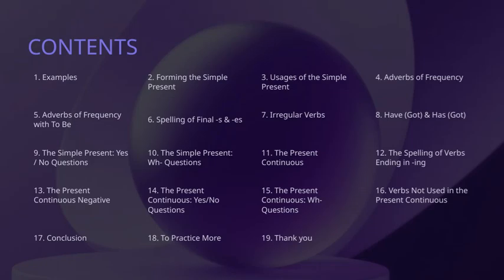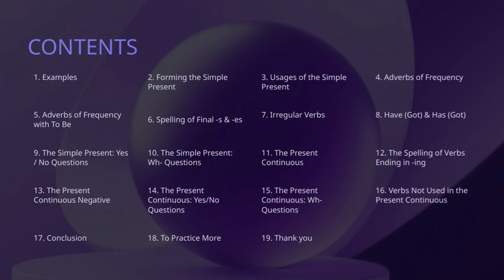Now let's take a look at the contents of this slide. We're going to explore several key areas related to basic verb forms and their usage in English. First, we'll start with some examples to set the stage. Then, we'll dive into forming the simple present tense, which is fundamental for expressing routines and facts. We'll also look at the spelling rules, especially for verbs ending in s and es, which can sometimes be tricky. Next, we'll discuss how to use adverbs of frequency with the simple present, as these help us talk about how